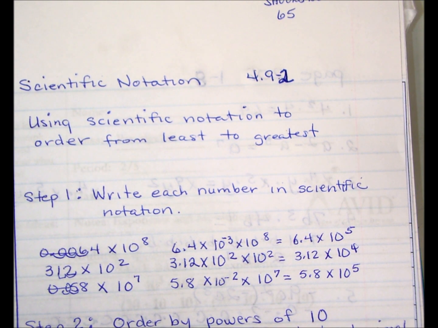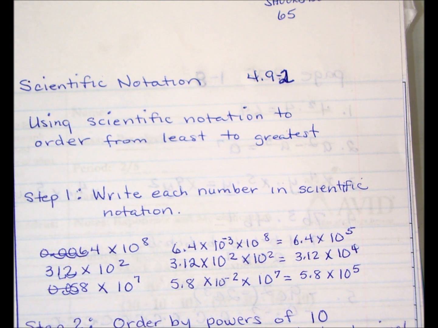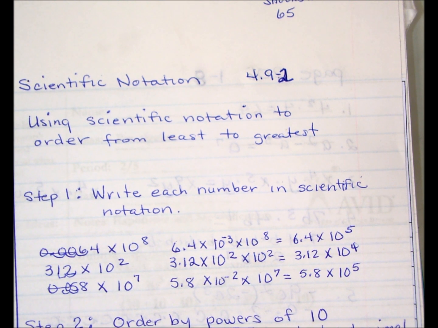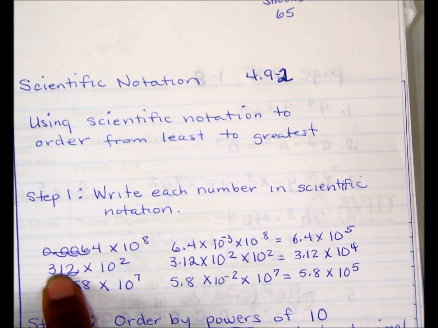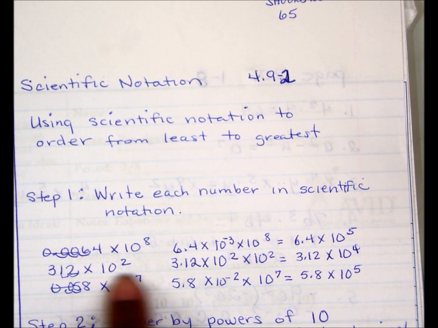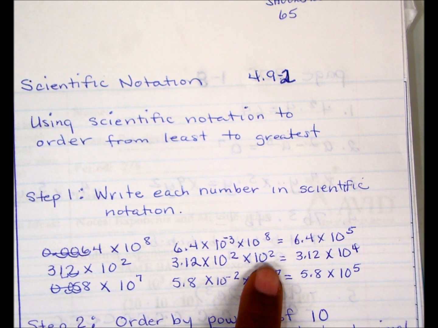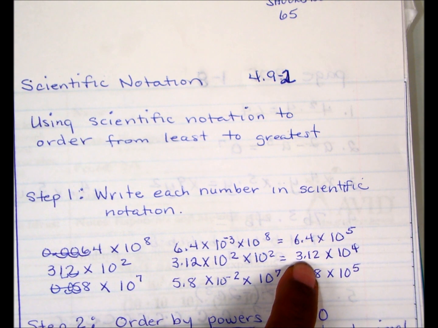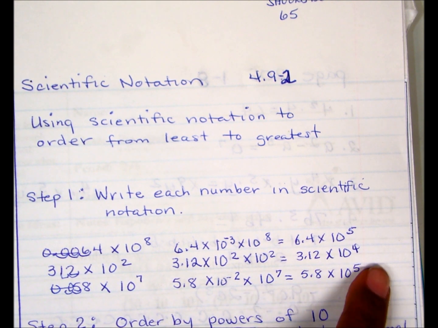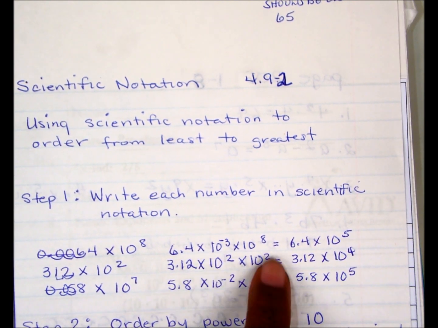Okay. Now we had to move 312, and we had to move that 2 places till we got 3.12. So it was times 10 squared times 10 squared. Okay, so that was 3.12 times 10 to the 4th power, because 10 squared and 10 squared would be